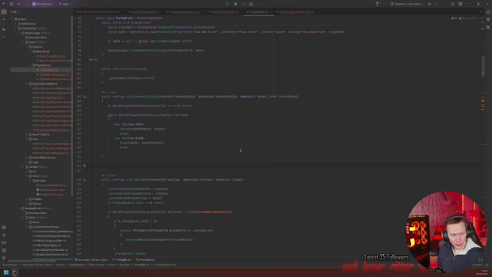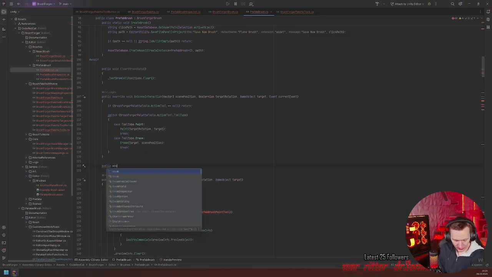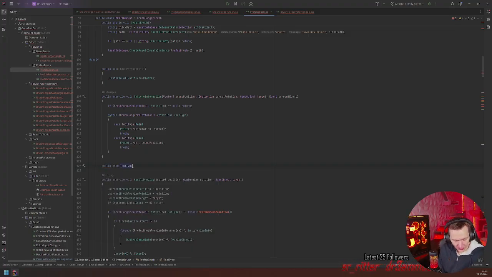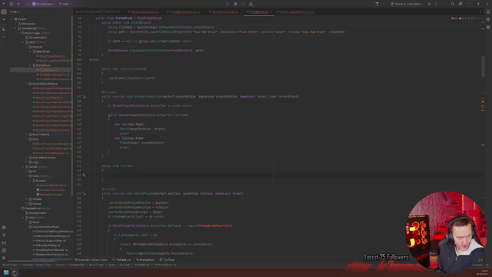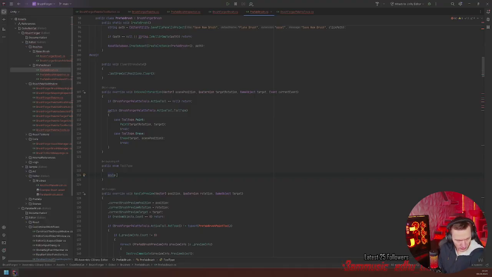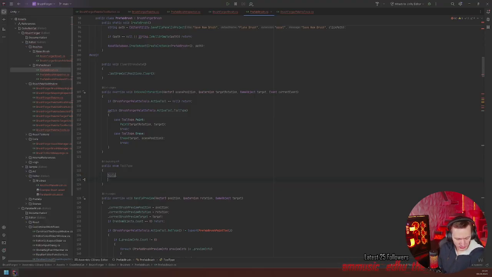Can we override the tool type? I don't think so. We'll try anyway. Public enum tool type. Can we override that? I don't think that this works, but let's just go for Skype. Skype, do some. Okay, and now we can't go in and say tool type.